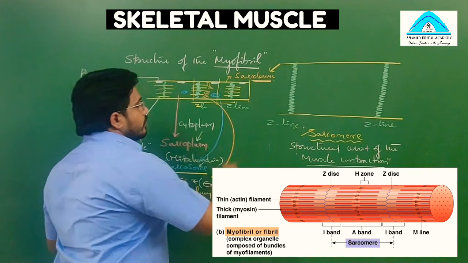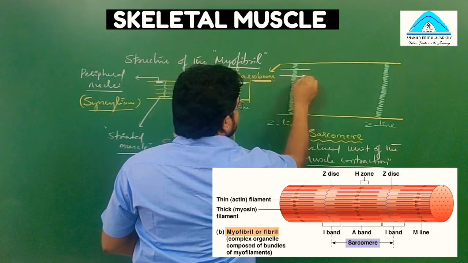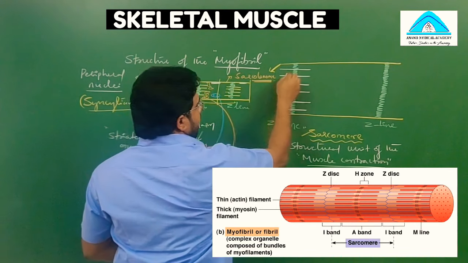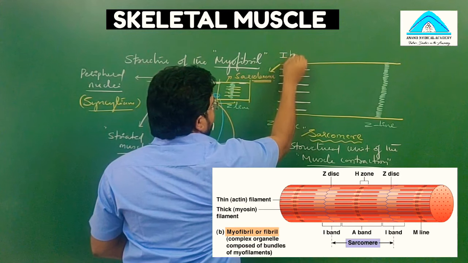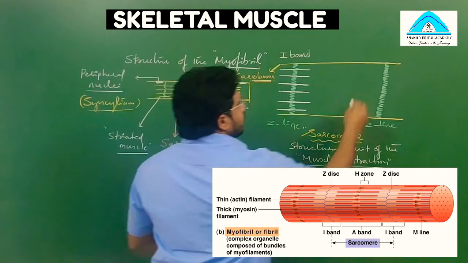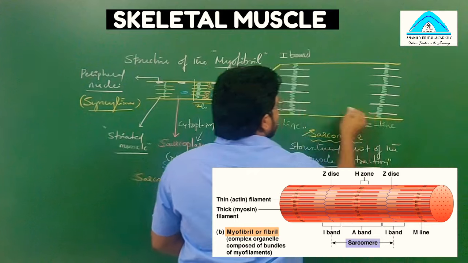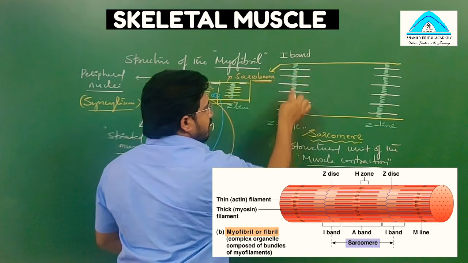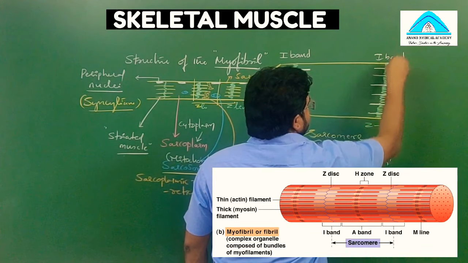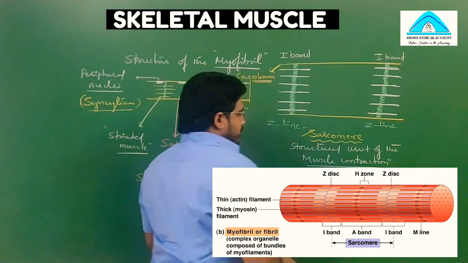In the Z line, if you observe some more structures in this part, the Z line is present at the center of the I band. These bands are light in color. They are called I band. Both the Z lines are at the center of their respective I bands. If this is an I band, at the center of the I band the Z line is present, and this is also an I band. You will come to know exactly what the I band and its features are a couple of minutes later.